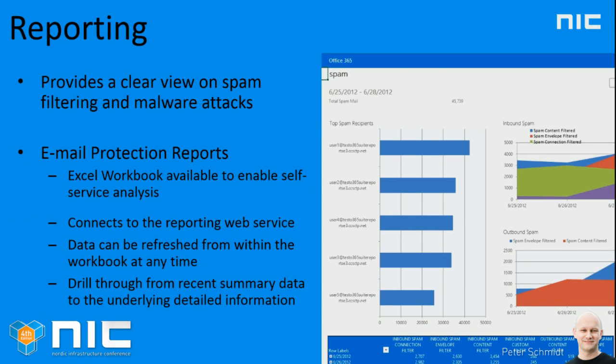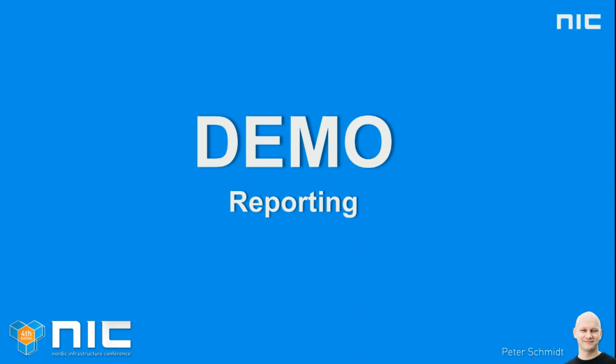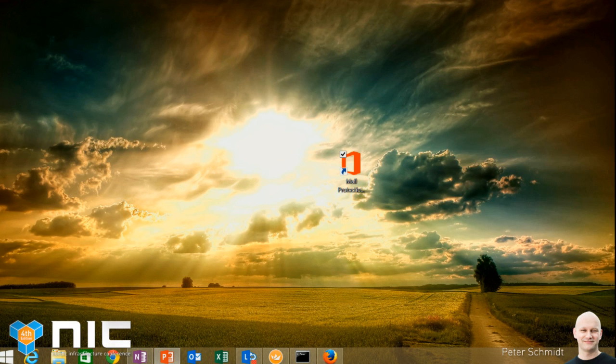Another thing we have is the reporting part. It's something that Microsoft has been enhancing quite a bit, especially for the past year. We have some reporting in the portal that we were in just before, and I'll dig in and show you a bit of it later. But we also have some reporting where we can export a lot of the information and actually work with it in an Excel worksheet. So let's have a brief look at that.